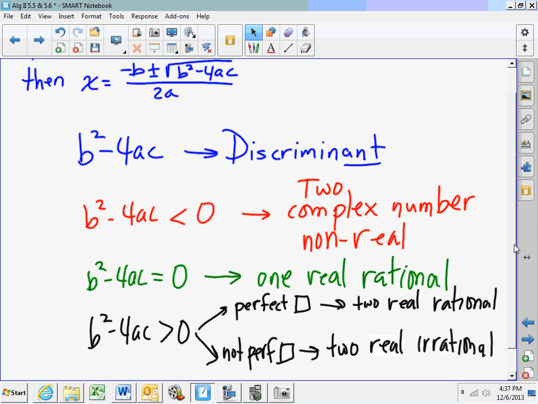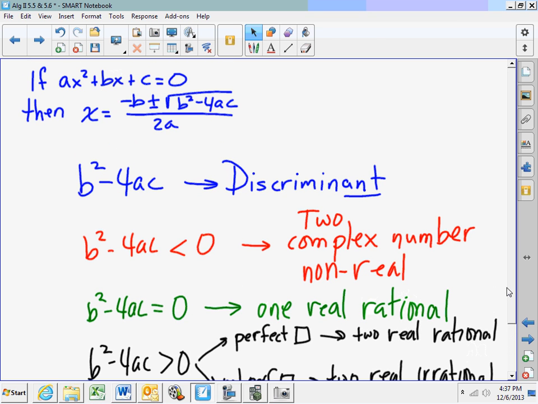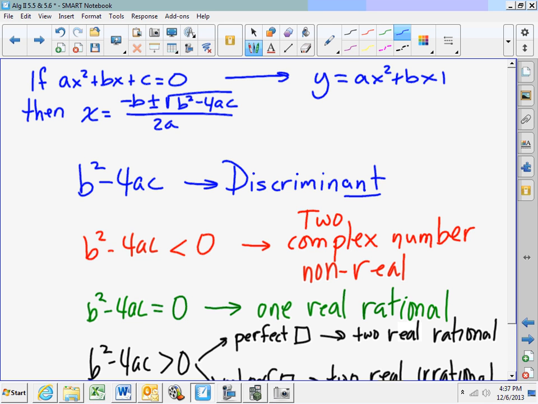All right, now, one other thing about this. Remember, every quadratic equation has a related quadratic function. This quadratic equation has the related quadratic function y equals ax squared plus bx plus c. Now, remember, the x-intercepts of the quadratic function are the solutions to the quadratic equation. So if we get two complex zeros,